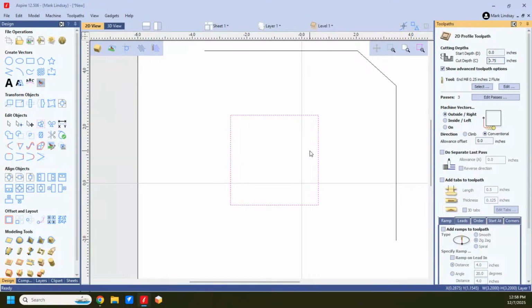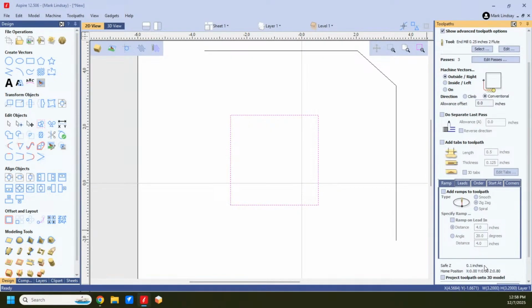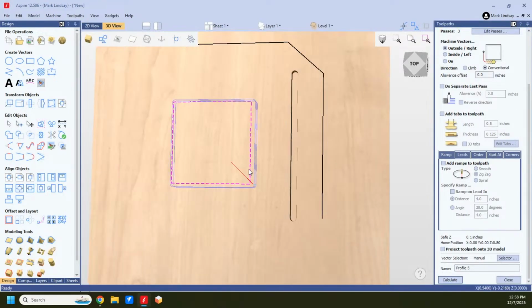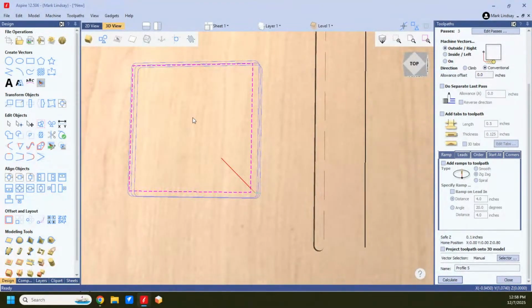Okay? If you have ever had dwell marks or witness marks when the bit cuts level by level in 3 passes, for instance, or if you look at where the start point was, let's go ahead and calculate this and take a look at it. All right, jump into the 3D view and we'll take a look at it. My XY datum position is in the center. That means if you look at this red line,